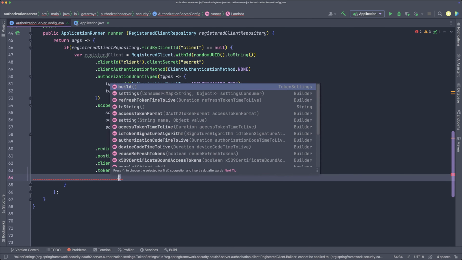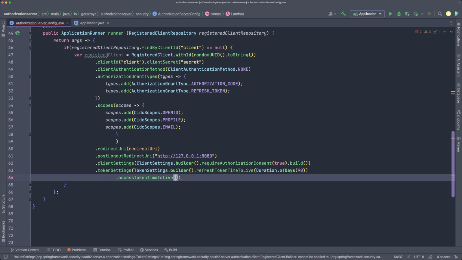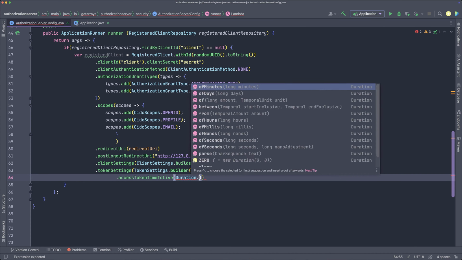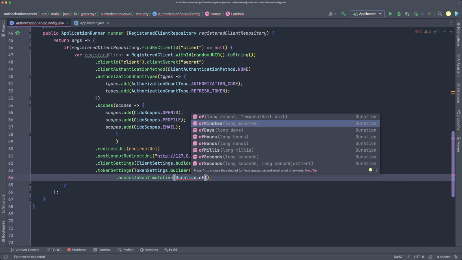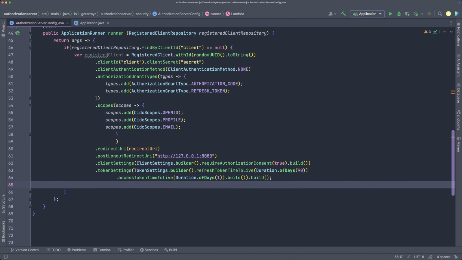I can also pass in access token time to live or its format. So you can see the different configurations here. For access token time to live, we'll say duration. So whenever we get an access token, how long should it be valid? We can say minutes, days, hours, whatever you like, but to begin with, I'm gonna say days. Let's say 1 day, and then we call build, and then lastly we're